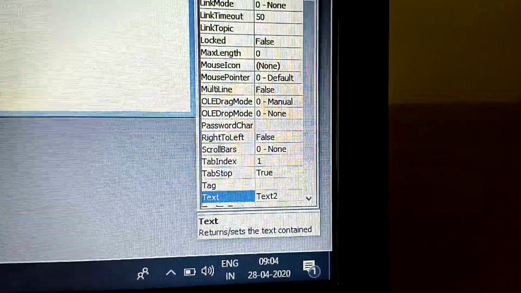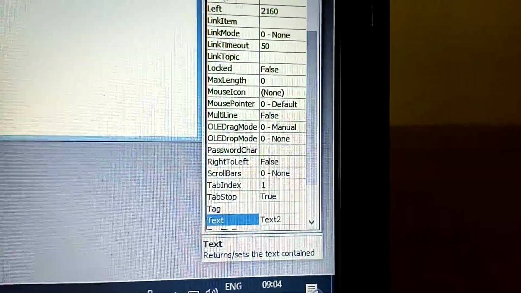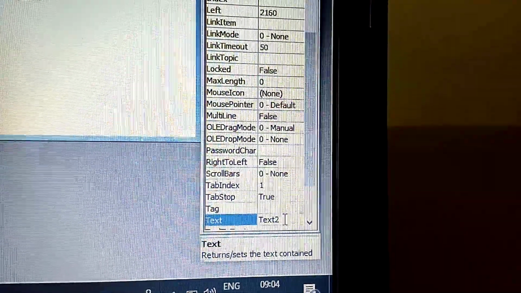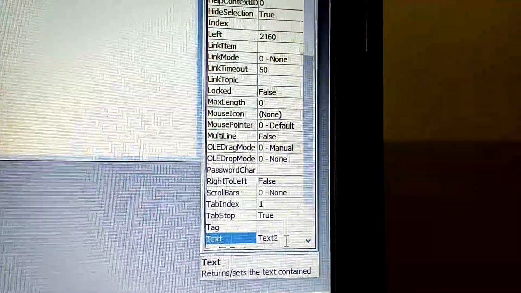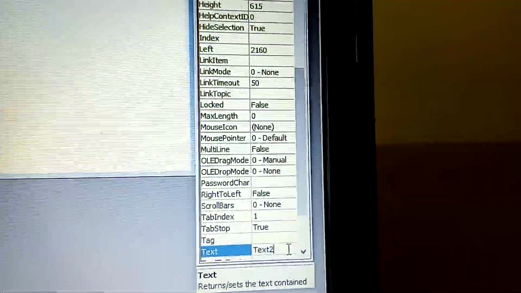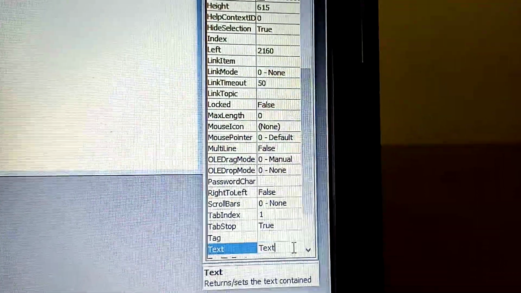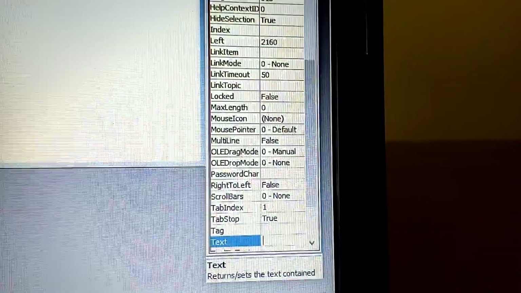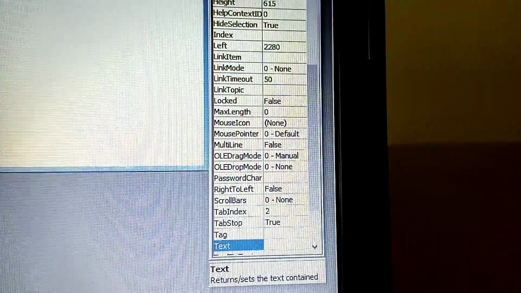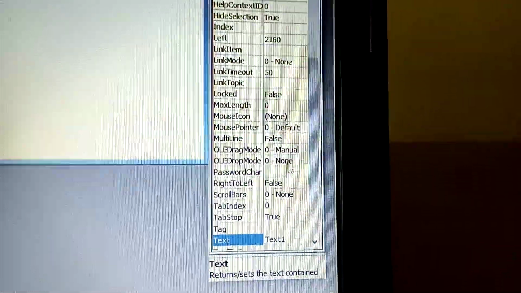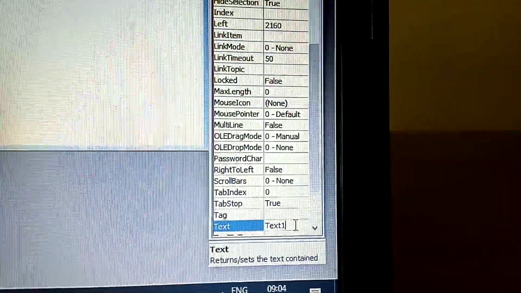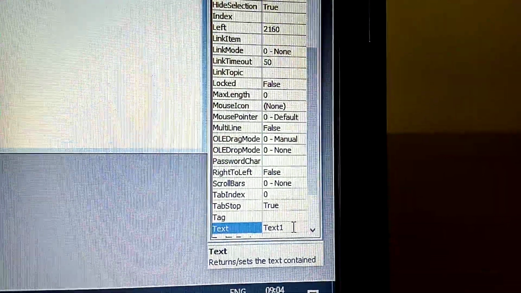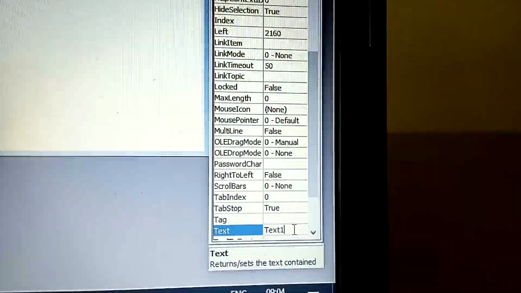Then Text2, I make it blank. It has become blank. Text1 has been left, so I make Text1 blank also. Text1 is also blank.